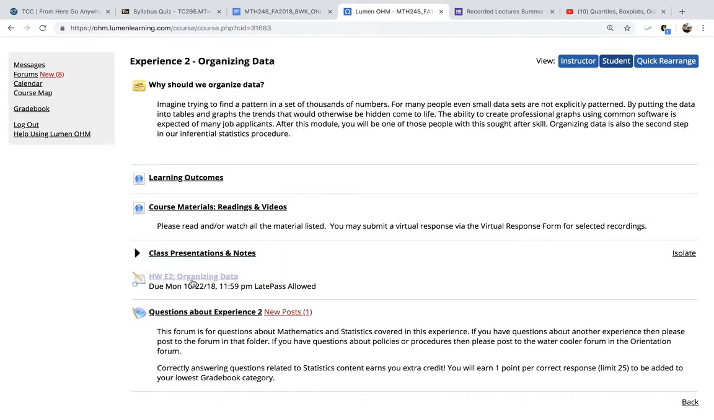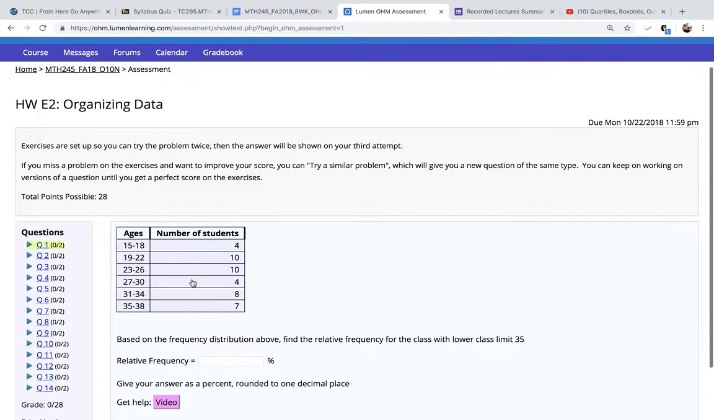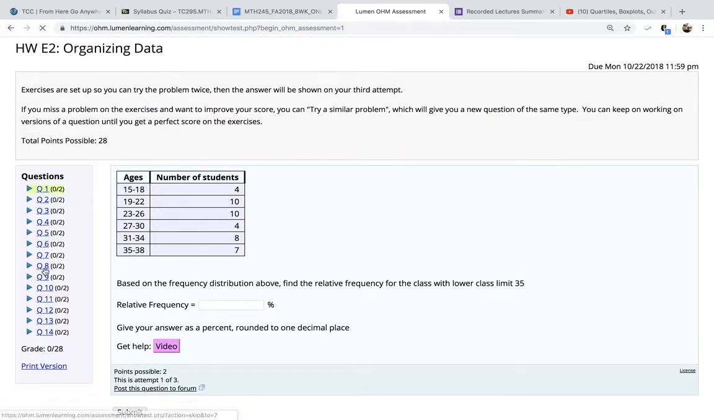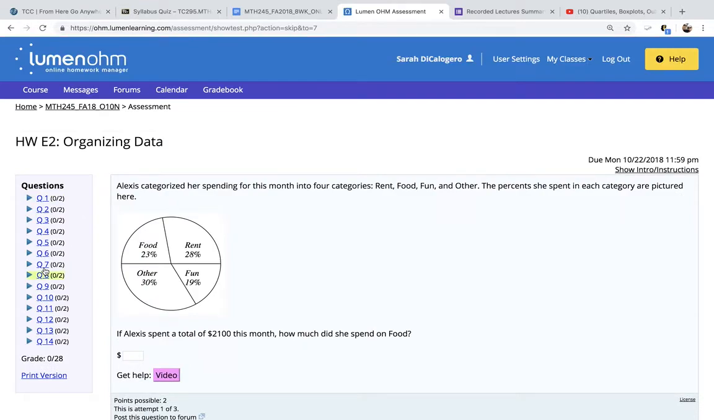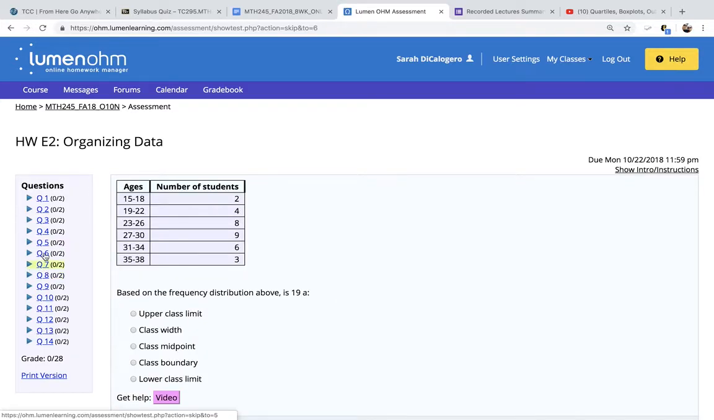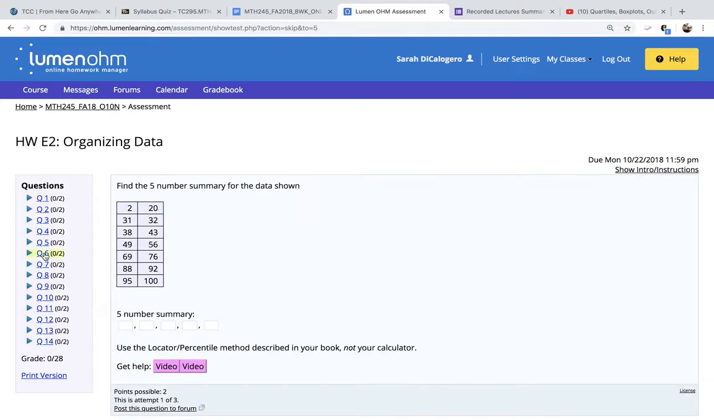Next is the homework E2, organizing data. If you look in here, there are some questions for us to do. Let me find something. If I'm going to do a question, this one: how much did they spend on food? Five number summary. This is all too much work for me, but